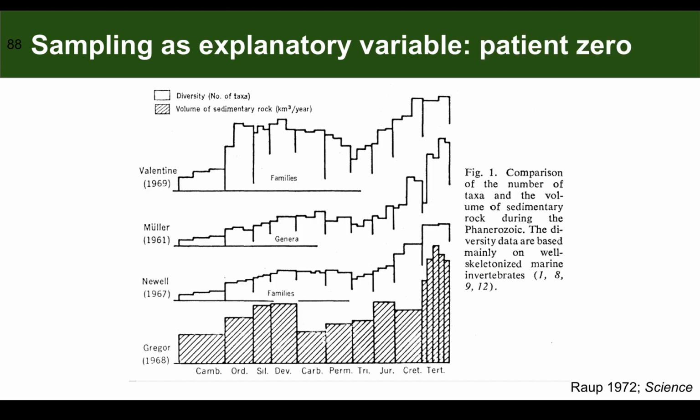Of course, the reason why this is a concern to us as paleontologists is that sampling may be an explanatory variable for things that we're actually interested in. So what we might want to know about biology might not actually represent biology, but just our opportunity to sample. This has obviously been appreciated for a long time in paleontology, but probably a key paper in setting the direction of the field towards the present day was David Raup's paper in 1972 in Science.